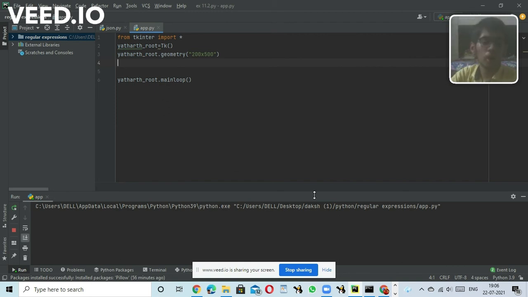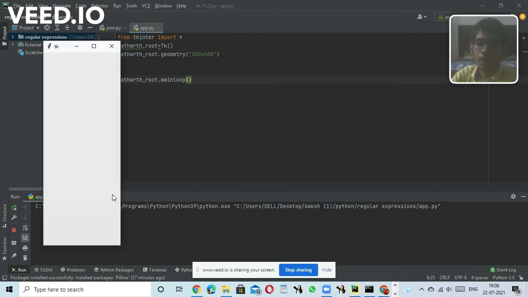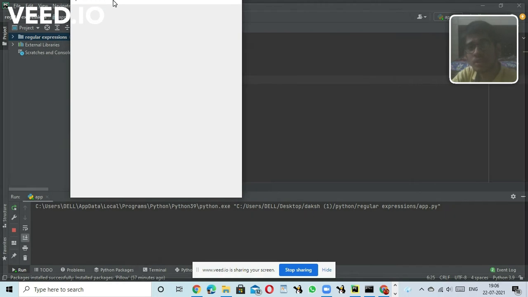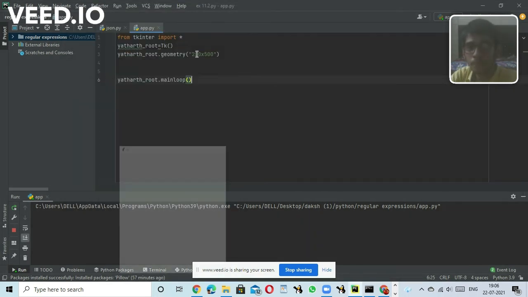Let's say your app is a calculator, it should only have this much width and this much height, because you have made the GUI completely proportional to the width and height of this whole window.